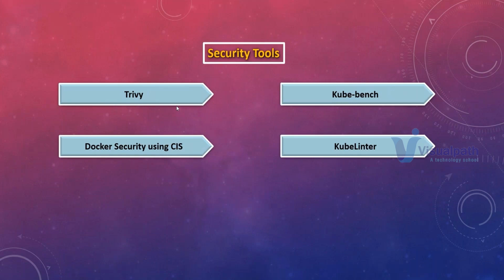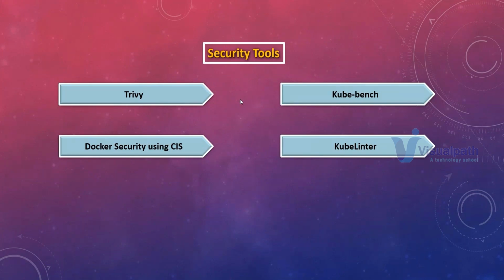Okay, and a few security tools I'll be covering in AWS itself. So we have their inbuilt services, and these are open source tools right now for Docker and Kubernetes. Okay, so if you want to be a DevSecOps engineer for Docker and Kubernetes, then these are the tools you have to learn. And if you are planning for the next level of certification, like Certified Kubernetes Security Specialist, then these particular tools will help you a lot.